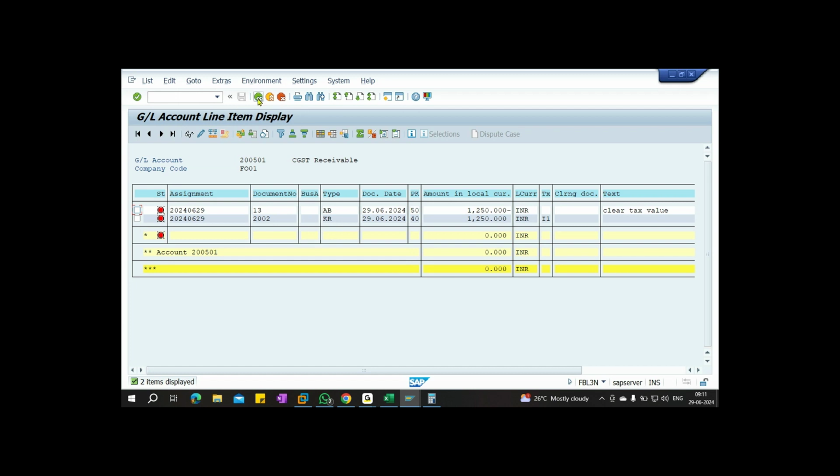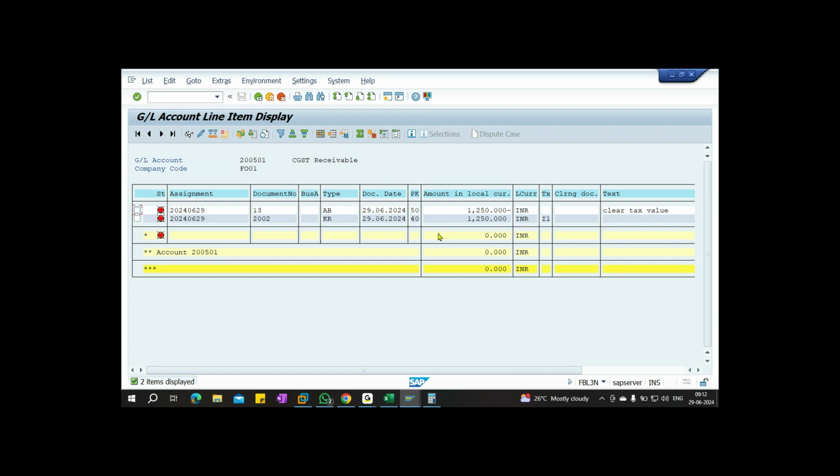We have to select all those line items and set it off in F-03 again. If the documents are posted, the debit and credit balance against each other, but they are not referenced to each other, and that is why they are not yet cleared.